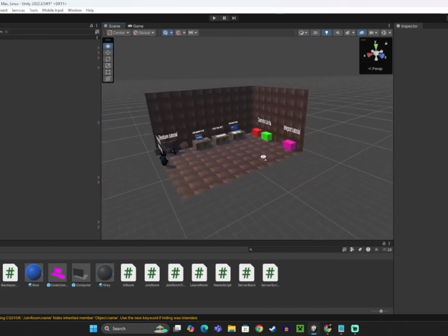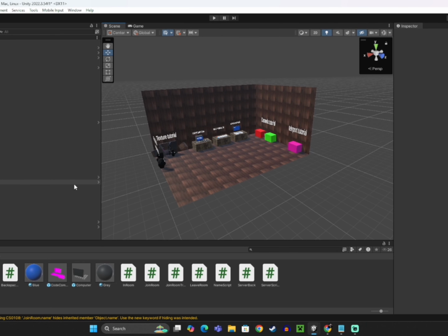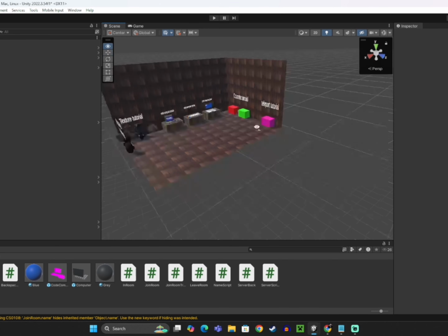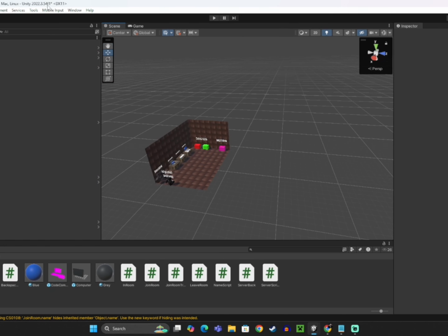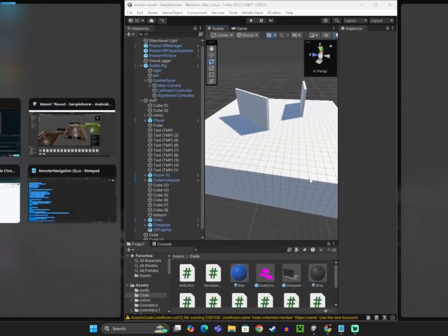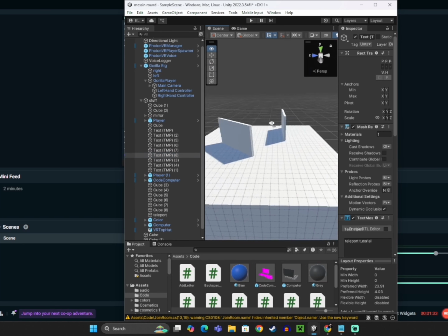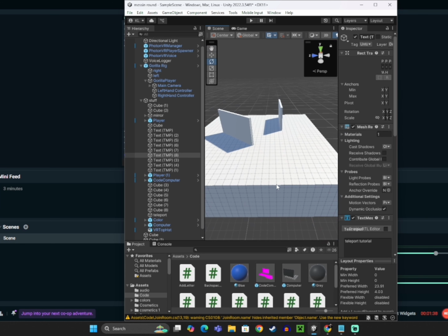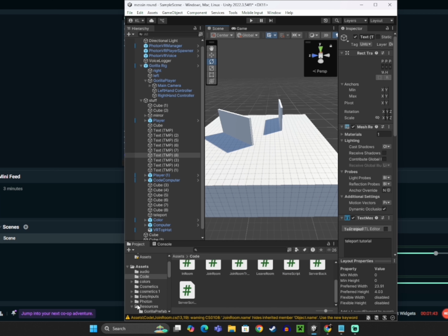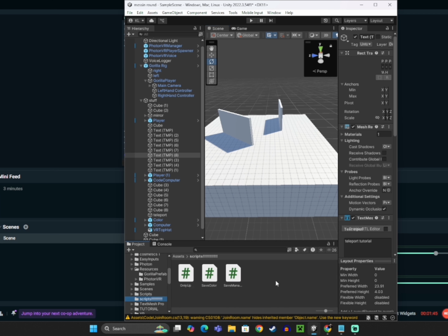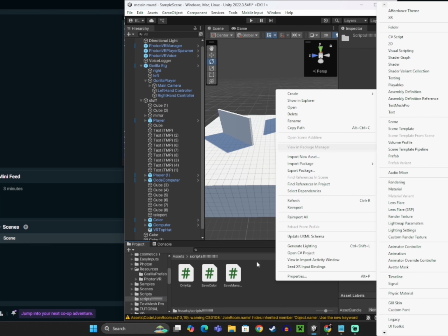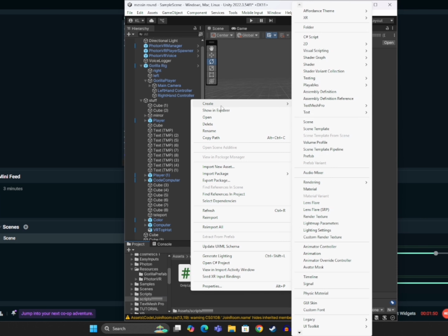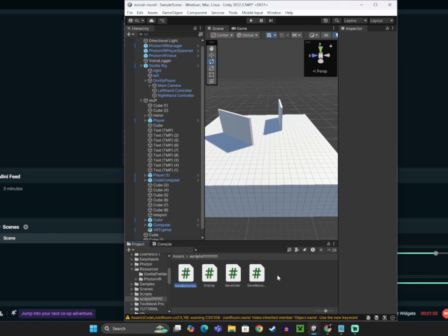So I'm in my tutorial game thingy. And so first, what you want to do is make the map that you want to play in. This is the map I made, and this is a chunk with 2 slabs on it. And so what you'll want to do first is you need to make some scripts. So you need to right click, click create, and then click C# script, and then call it